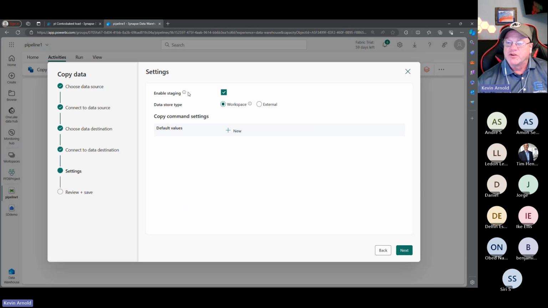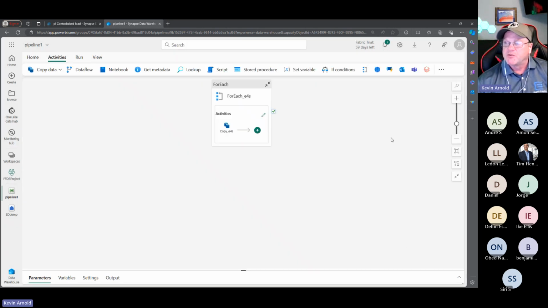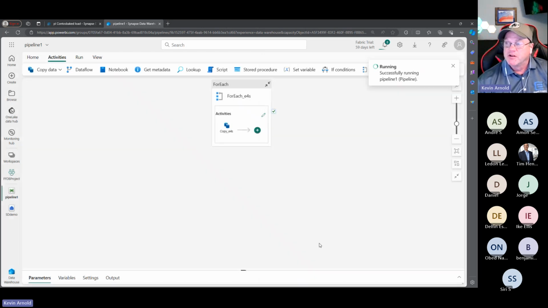And when you're working with a data warehouse through this process, you have to enable staging. So if you turn that off, you're going to get a message saying you need to turn it back on. So I'm going to save it and run. And I was shocked, because I ran this earlier and I expected it to take 30 minutes for my 10 million rows. It finished in 2 minutes. So during this 2 minutes, let me jump back over to another browser window and get to my GitHub.